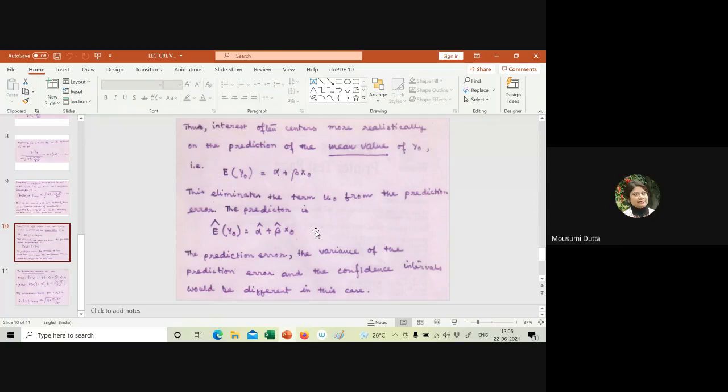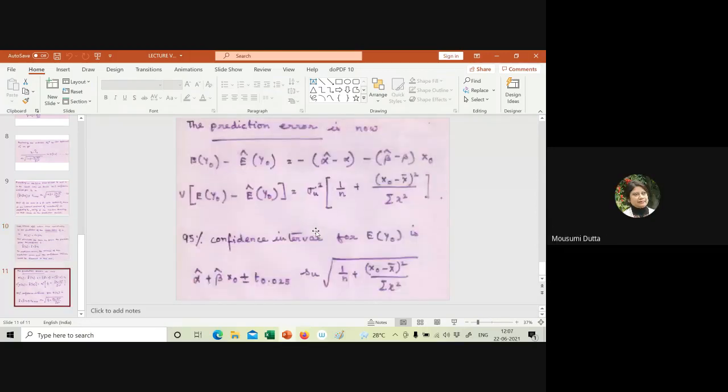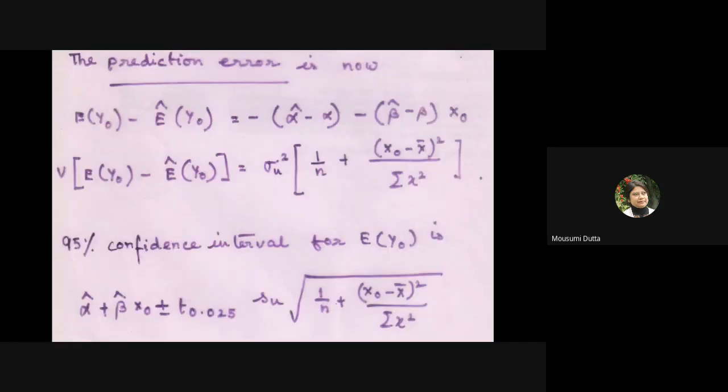Okay, so write down the value minus 1. And the 95% confidence interval for expectation of y naught is given by